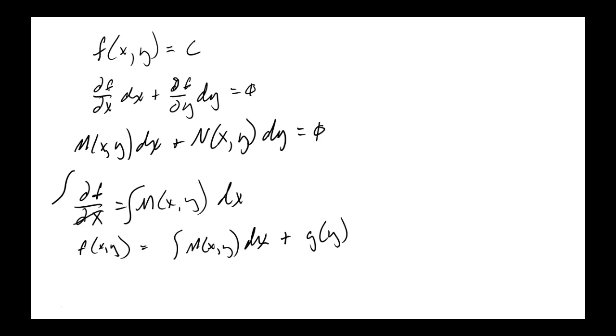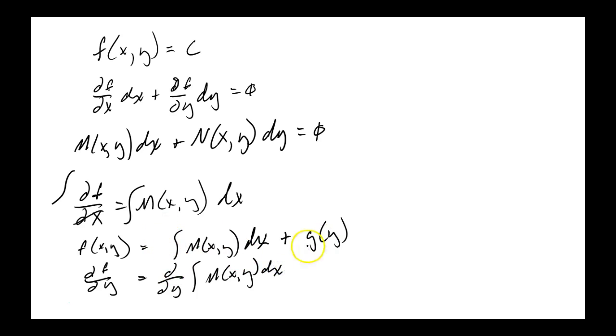Make sure I'm not jumping ahead of myself here. So the partial of f with respect to y, this thing here, is equal, and we've got to do it here, partial with respect to y